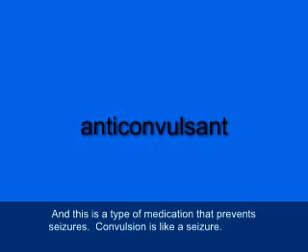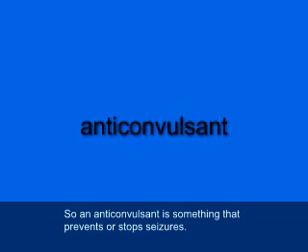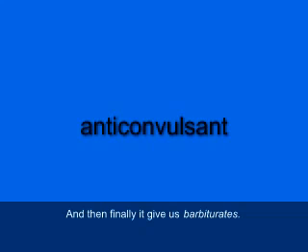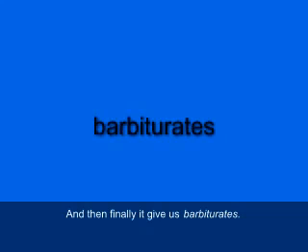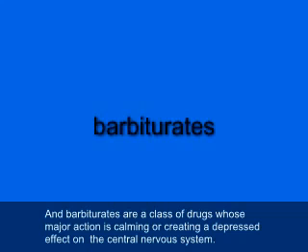Convulsion is like a seizure, so an anticonvulsant is something that prevents or stops seizures. And then finally, it gives us barbiturates, B-A-R-B-I-T-U-A-T-E-S. And barbiturates are a class of drugs whose major action is calming or depressed effect on the central nervous